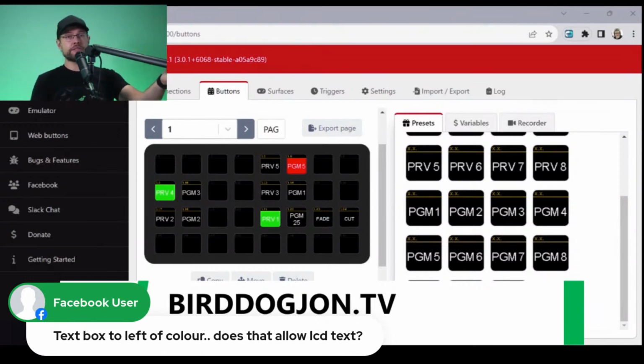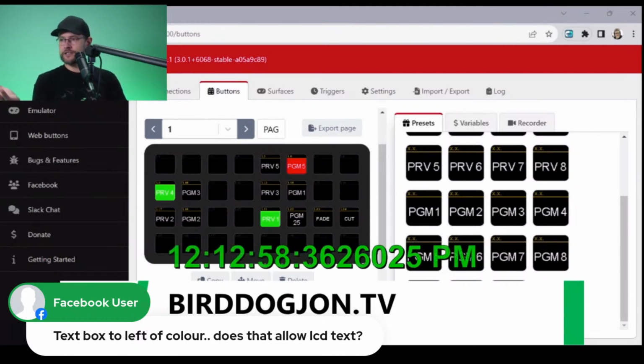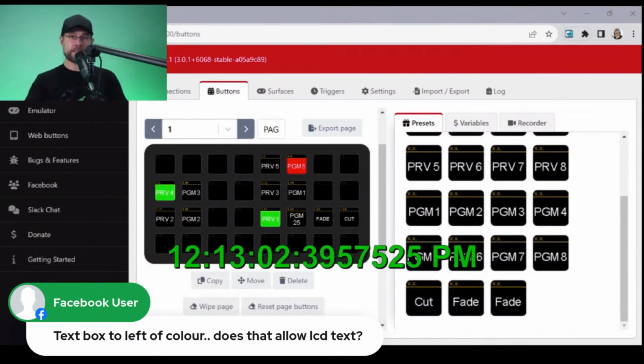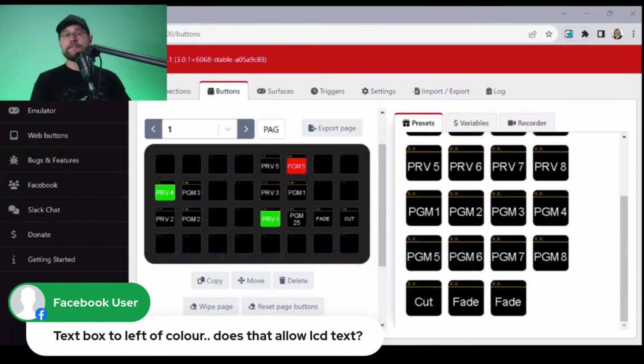For testing purposes here in the studio and at BirdDog Support, we like to run a clock on screen at all times. And so it's actually this. And this has many uses. We can talk about this another day if you're interested in this. But basically, having a running clock on the screen is super helpful. We're already at 12:15, and wow, this has been quite the day. So having a running clock is super helpful. That's what my overlay 3 is.